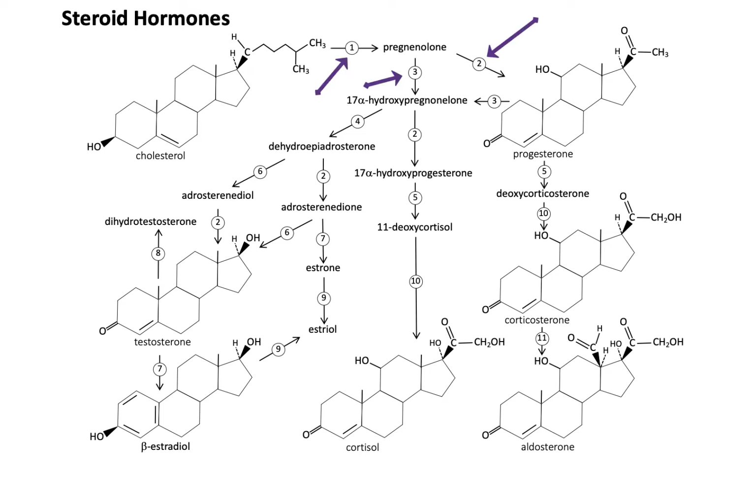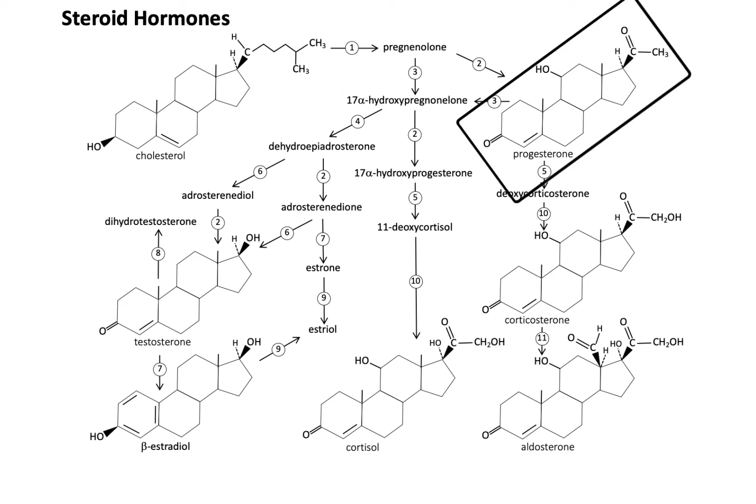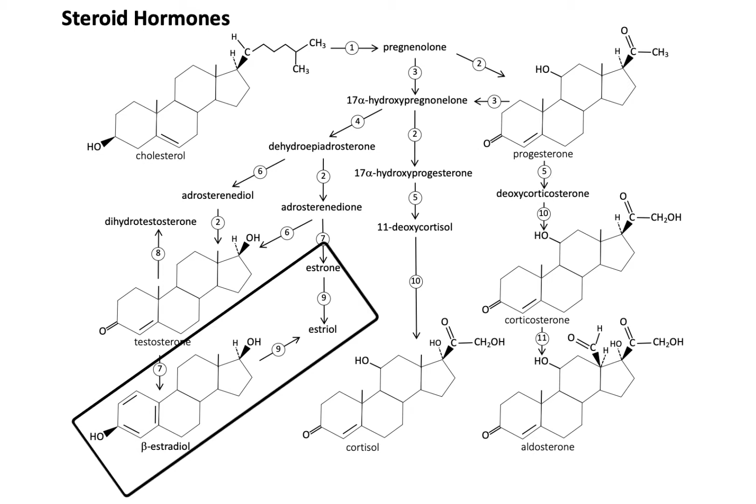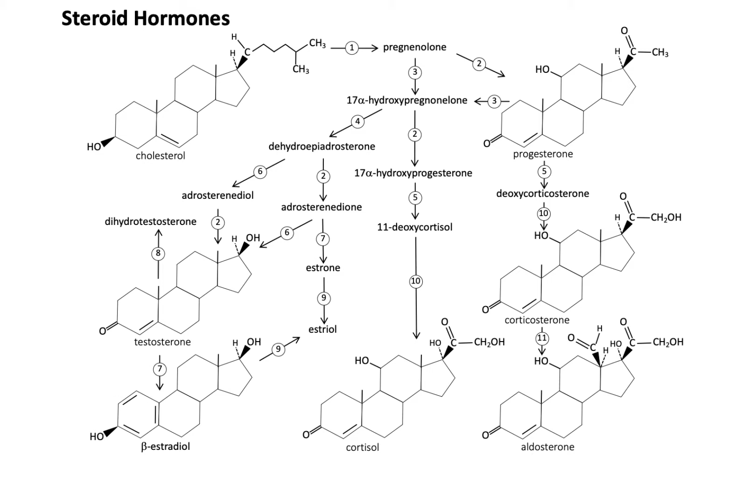Each one of the numbers in the circles indicates a different enzyme that's involved in those reactions. So over here, from pregnenolone you can get progesterone, and from beta estradiol down here, you can get estriol. So some of the main ones are here: testosterone, cortisol, and progesterone, as well as